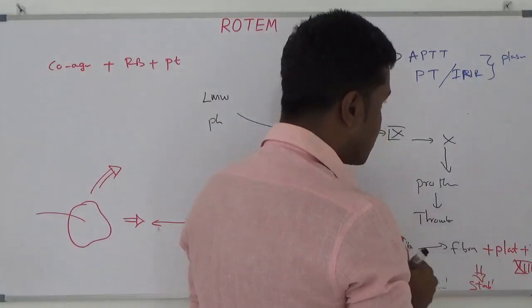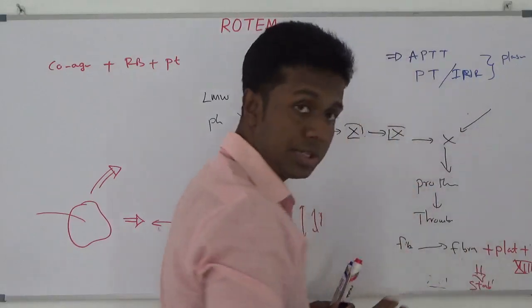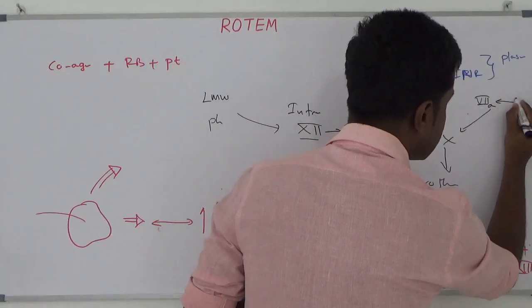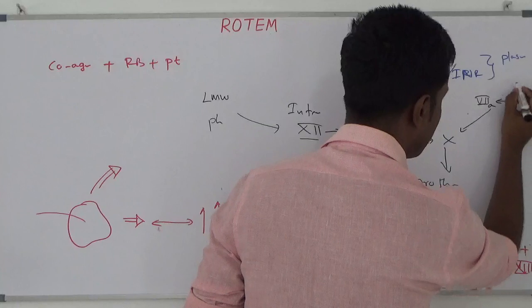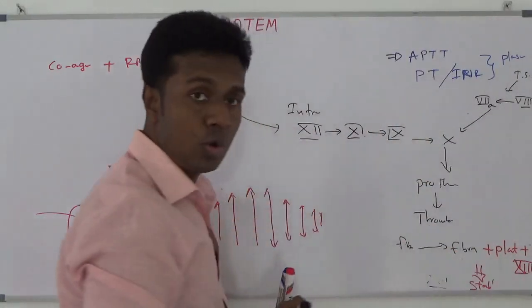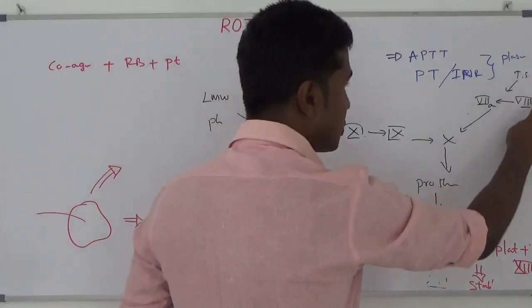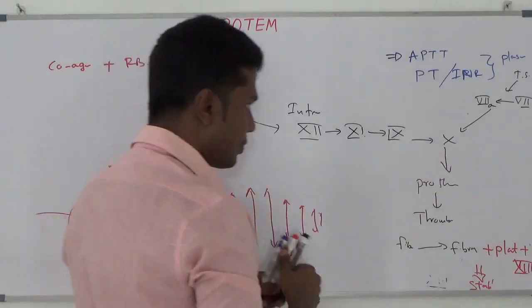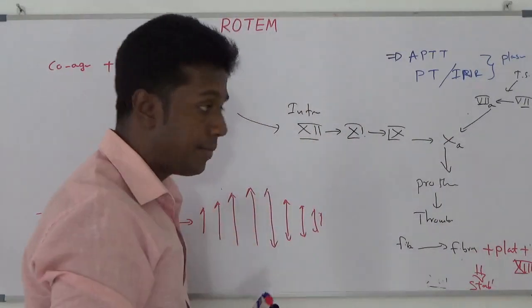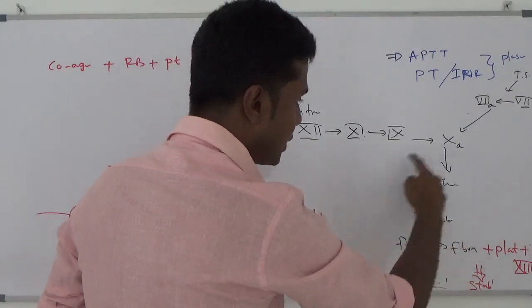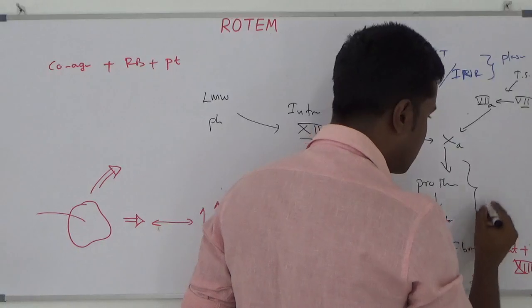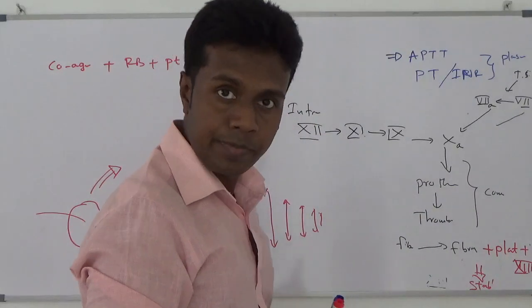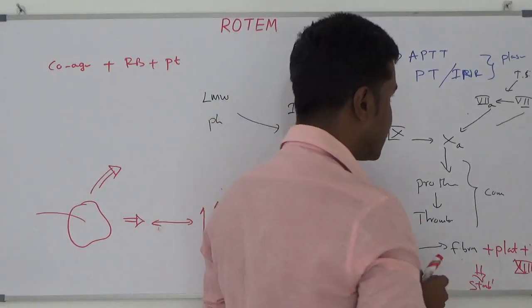Your coagulation process can also be stimulated through the extrinsic pathway. Here you have factor 7. Factor 7 can be activated by tissue factor, also called thromboplastin. Thromboplastin can stimulate inactivated factor 7 to activated factor 7. Activated factor 7 can stimulate the conversion of factor 10 to active factor 10, and then activated factor 10 continues into the common pathway. This pathway can be stimulated by extrinsically added tissue factor. Because of that, we call it the extrinsic pathway.